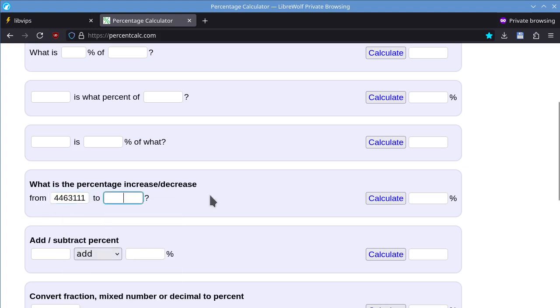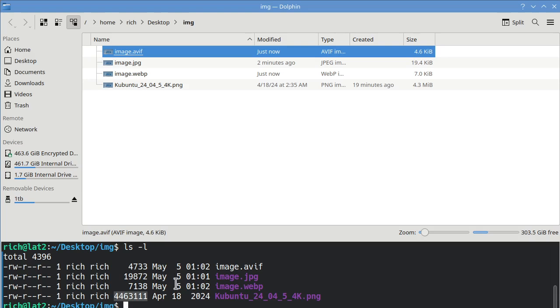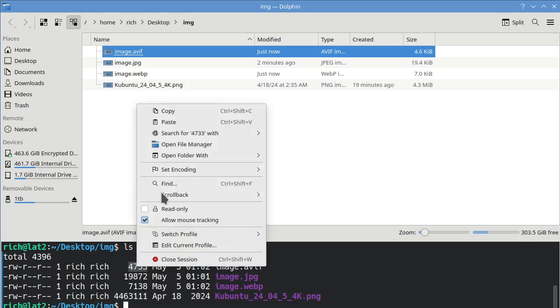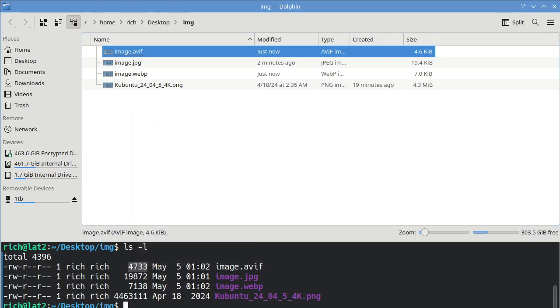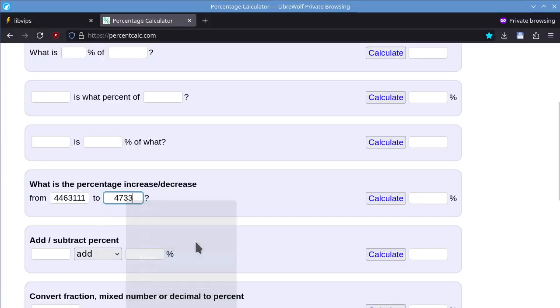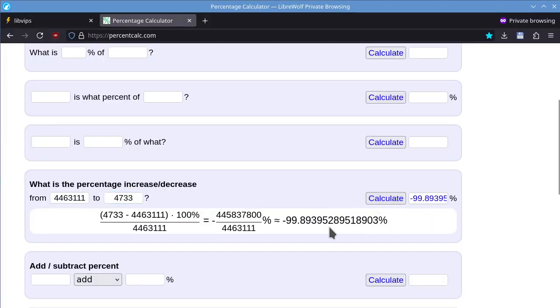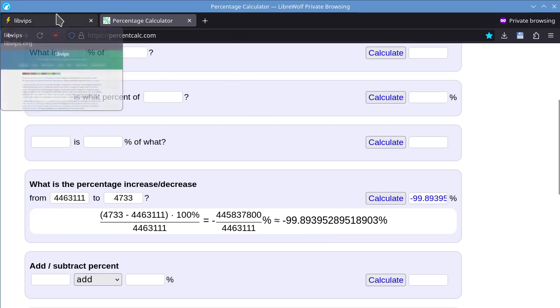So that's our starting point. And we went down to 4733, which is a 99.89% file size reduction. Oh, good Lord, that's awesome.